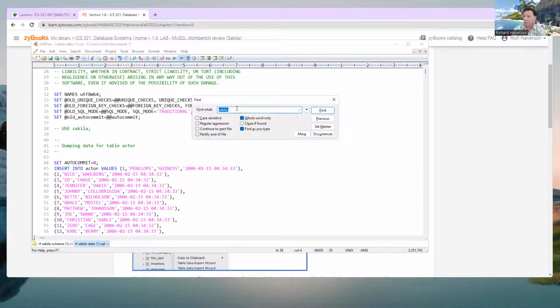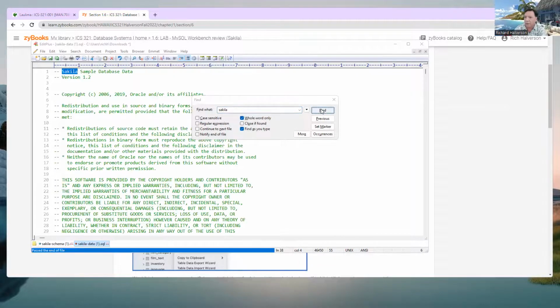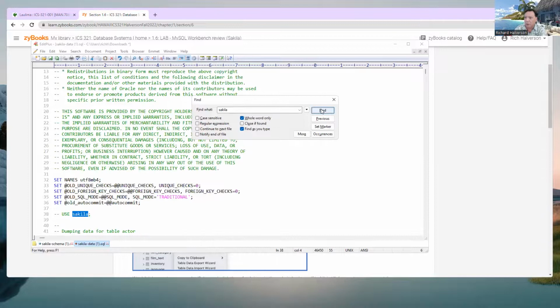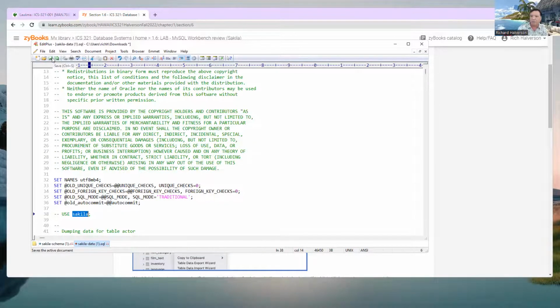And let's see if there's any more. I better make sure I'm just searching for Sakila. Is there any more? No, that's okay. That's it. So save that. Both of the files are now ready to import into a database named Sakila